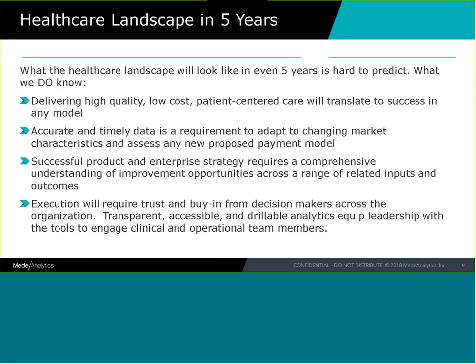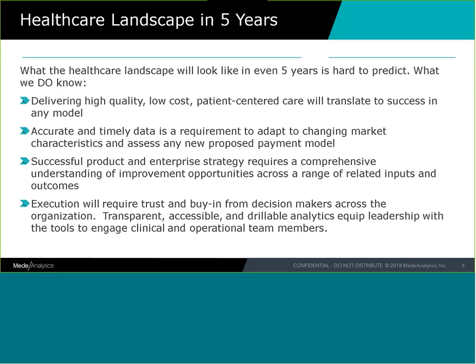Last, even if we have the right plan, right understanding of our market, of our inputs and outputs and where we can win, executing on that plan is going to require the trust and buy-in of the physician and clinical decision makers across the organization. We believe that that trust and buy-in requires transparent, accessible, and drillable analytics, which can equip the leadership and the analysts who came up with this great strategy to engage the clinical and operational team members and say, here is what is happening, here is where we see problems, let's work together to understand and make sure that we're all